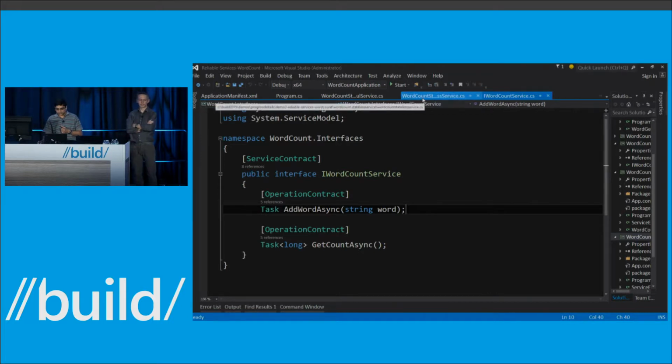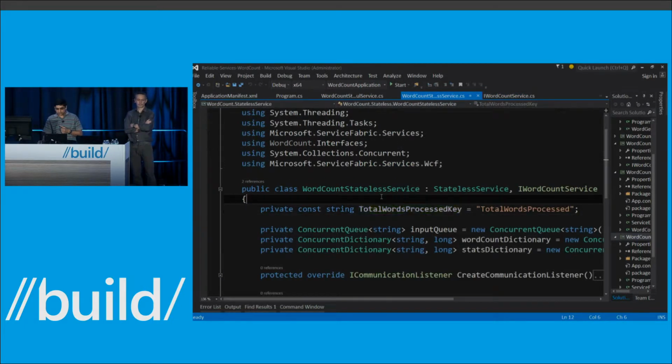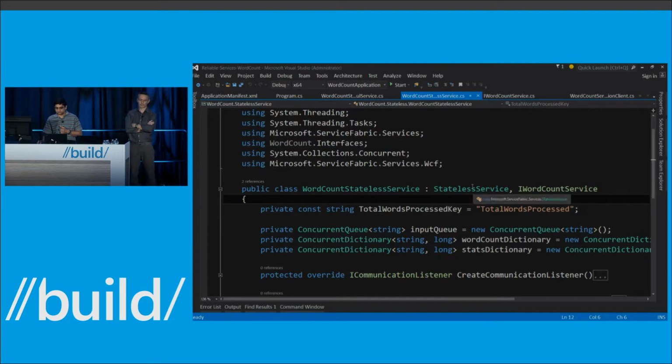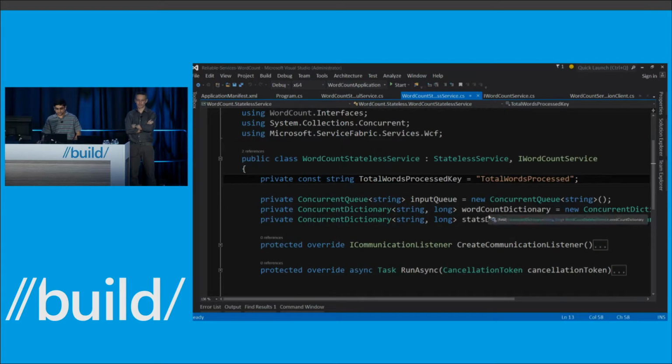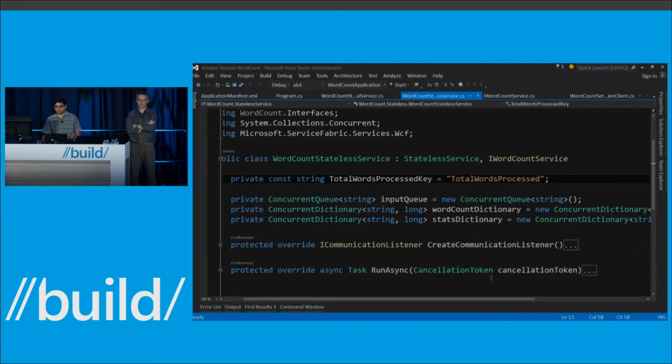So here is the stateless service. I derived my WordCountStatelessService from StatelessService, and I implement the word count service interface. This is a stateless service, so I naturally want multi-threaded access, so I'm going to use concurrent collections. I'm using a concurrent queue as an input queue, so as the words arrive, I'll put the words into the queue.